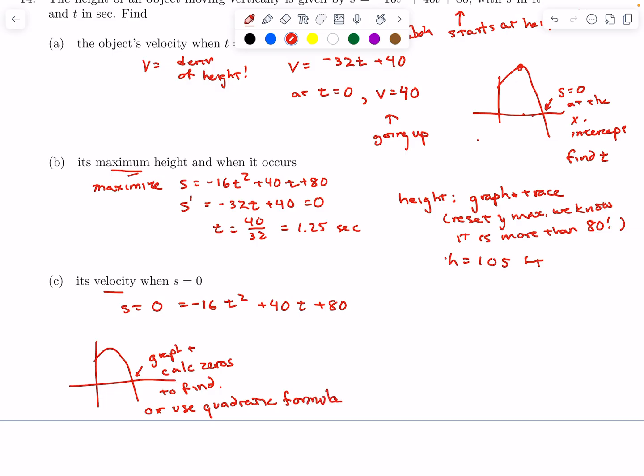Okay, graph and calc zeros. Or use the quadratic formula. Calculator says this. Now what do? We want the velocity. So